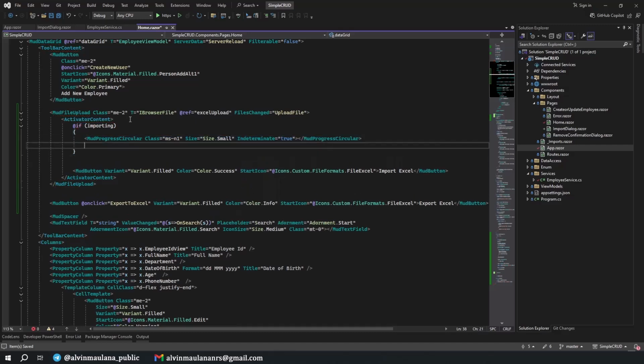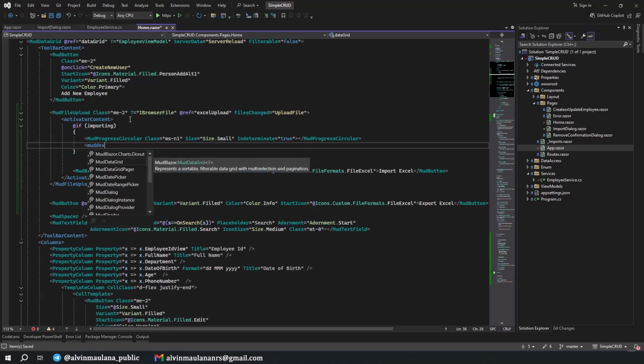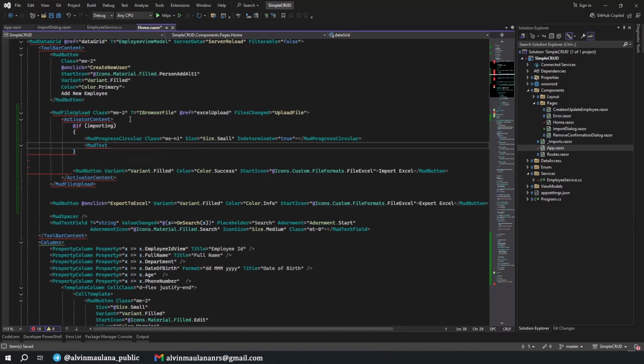And then we will show the MudText, with the class of margin start of 2, processing.